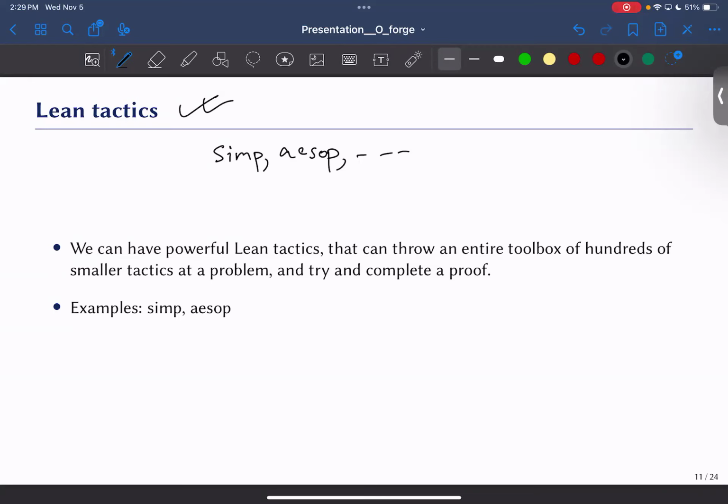Right. So Lean tactics are in many ways the right way to go about it, because they give you a proof object, right? You can take that proof and externally verify whether it's correct or not. But this requires much more programming than I have experience with, in that you have to create this very massive tactic. There's a lot of research that goes on in creating powerful tactics, and we're not there yet, that you can just take a very, very powerful Lean tactic and be able to complete the proofs